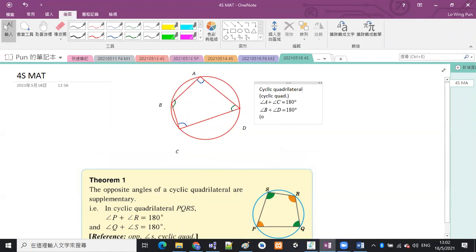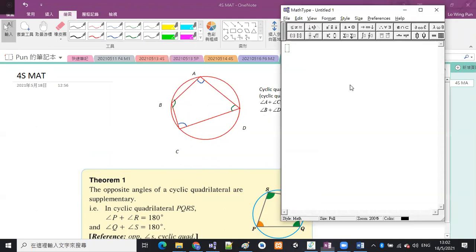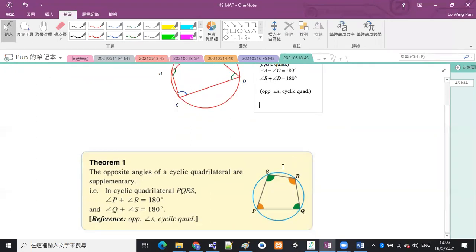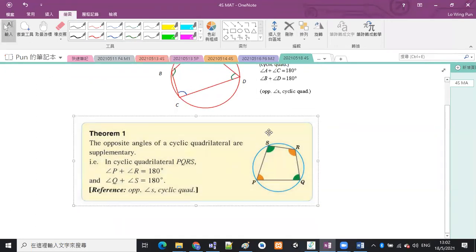That will be: opposite angles, comma, cyclic quad. Opposite angles, comma, cyclic quad. 咁以後我哋講兩隻對角加埋係 180 度嘅話，講呢個 reason 就得噶啦。